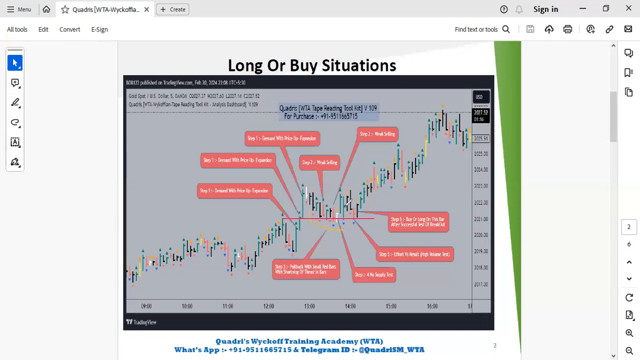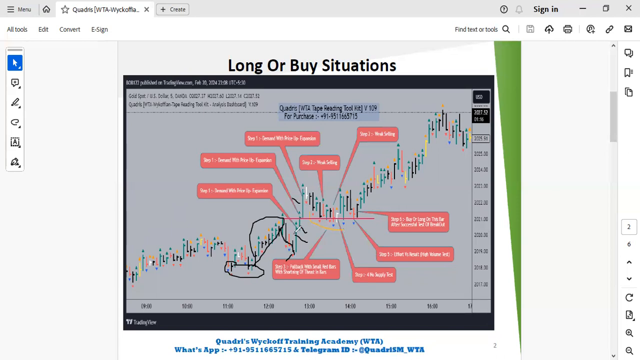let's say subjectivity to it. For example, I'll start with this one. We have supply exhausted over here, and new fresh demand came into the picture. Then we have a pullback, which resulted in no supply, weak supply. Then we have demand with widespread, and